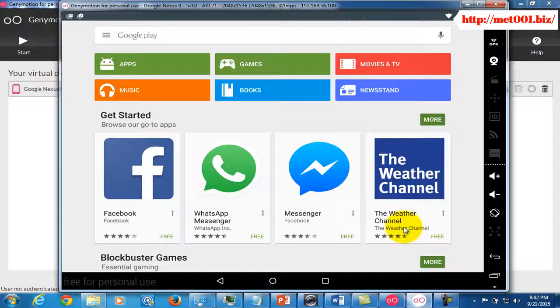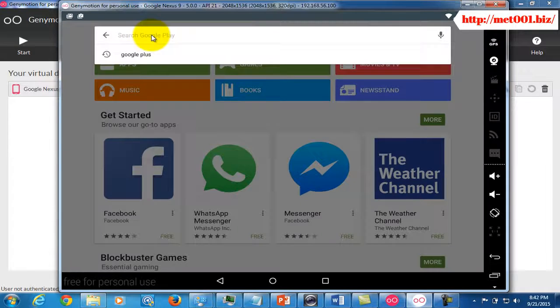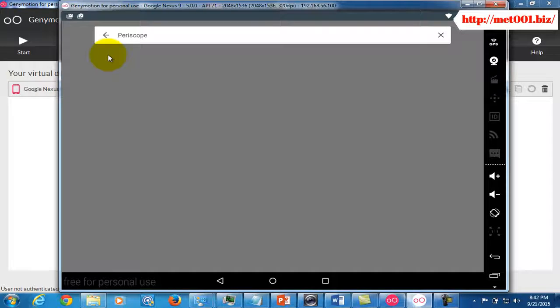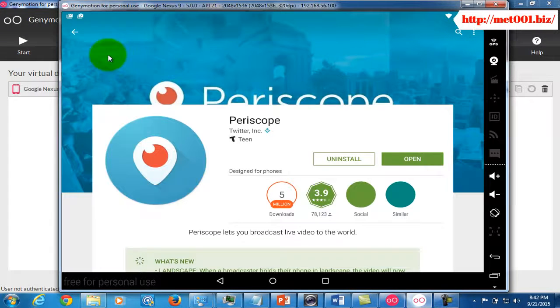And then once we find the Play Store, we're going to do a search for the application Periscope. All you'll need to do is type in Periscope. When you see the symbol for Periscope, you'll see it come up on the search. All you'll need to do is touch Periscope, and the Periscope application is going to come open on the Android device